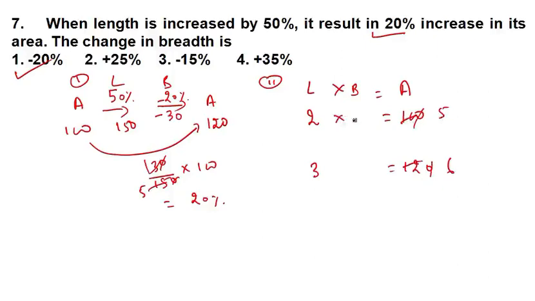Fine. Now to make it 5, we have to multiply by 5 by 2. So 2 gets cancelled and 5 will become 5. Here you have to multiply with 2. So now see, breadth got decreased. Fine. This is 2.5, it got decreased by 0.5, and the base number is 2.5. If you want to make it into percentage, then into 100. So again you get the same 20%. It got reduced by 20%. Simple. Okay, let's move ahead.